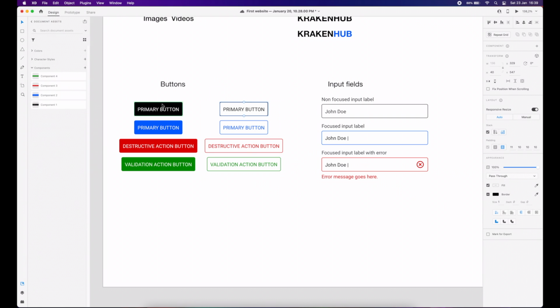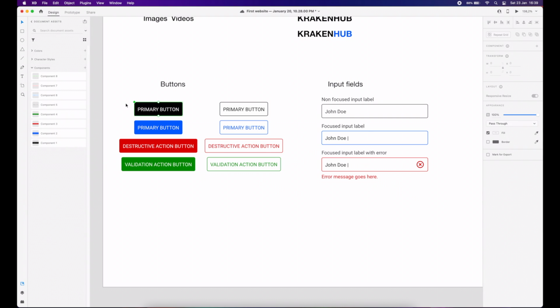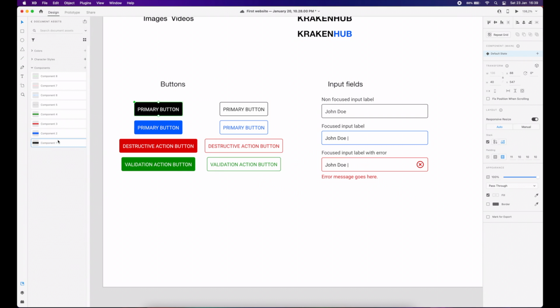Just going to add them with Command K, and now we have all the buttons. Let's say one cool trick is revealing component assets. So if you don't know which of this is what, you can just say revealing component assets, and it just focuses this. So I'm just going to say primary black button, and I'm going to copy this and go primary blue button,